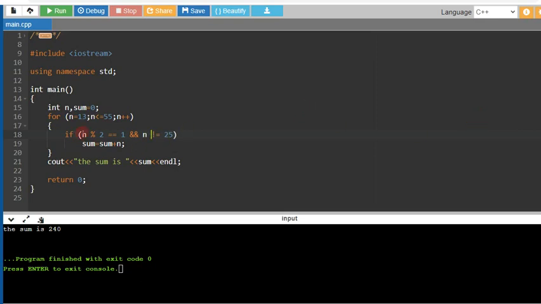In this case I am checking if it is an odd number. If it is an odd number, then it will proceed ahead. If it is an even number, it won't come here, because an even number won't be 25, so unnecessarily it won't go there. So if it is an odd number and it is not equal to 25, only then will the sum be found out, and the sum will be printed at last after completion of the loop. Okay, hope all of you understood the concept.